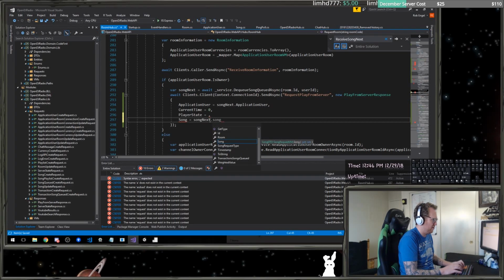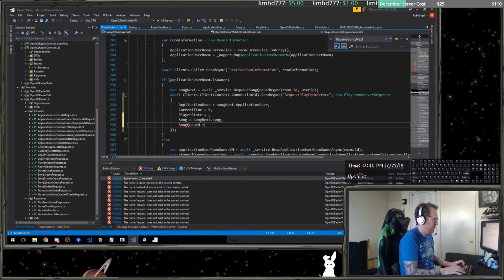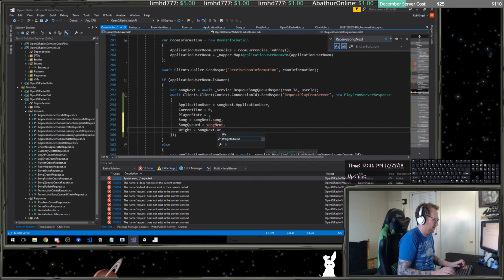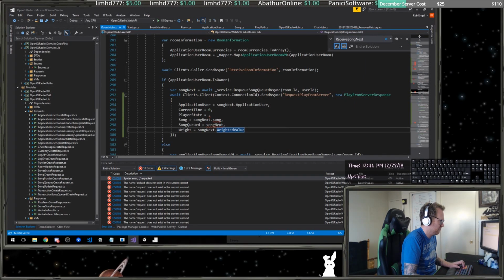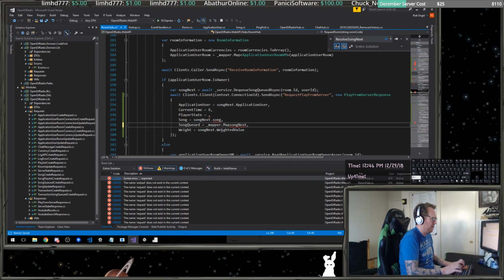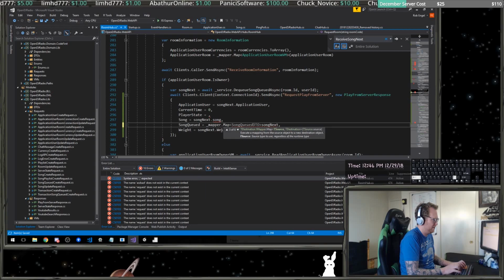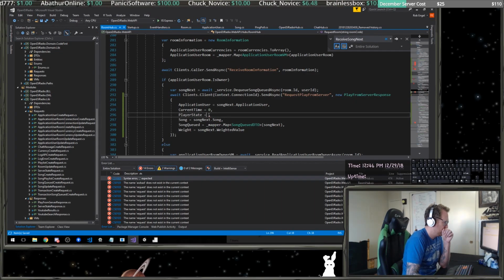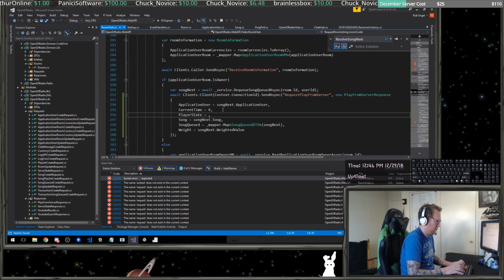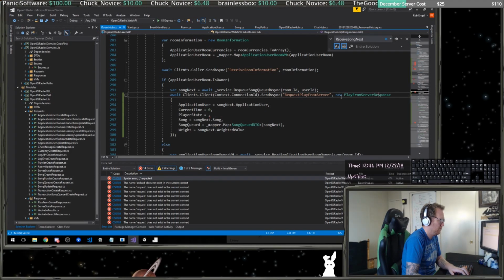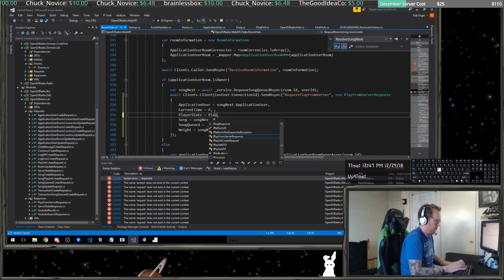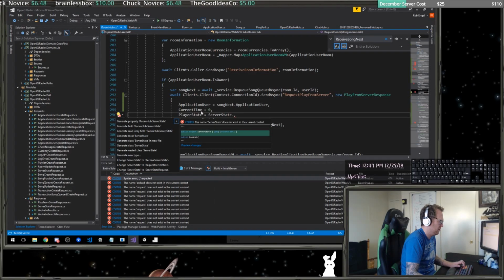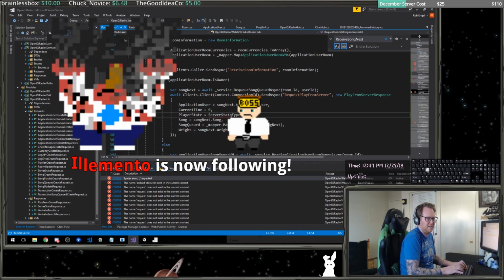This is songnext.song. Song queued is my song next. My weight is my song next dot weighted value. This is a mapper.map from a song queued DTO to that. My player state will be server state dot server state type dot